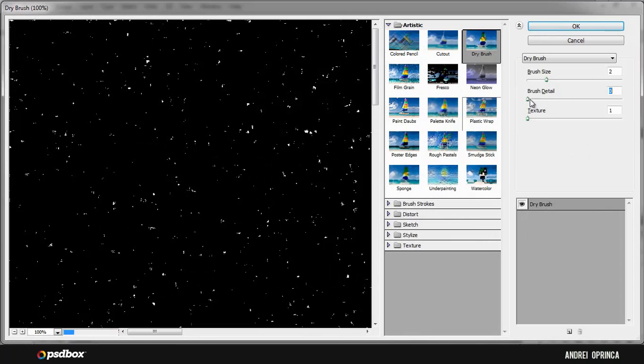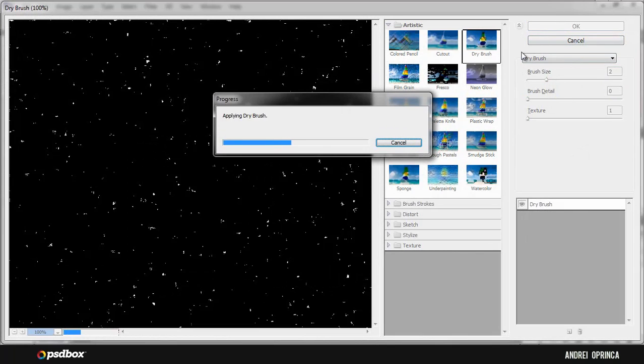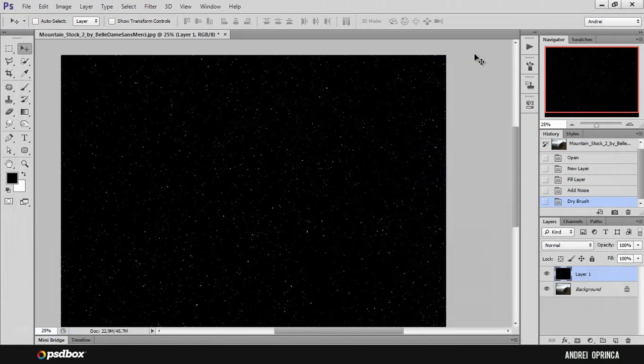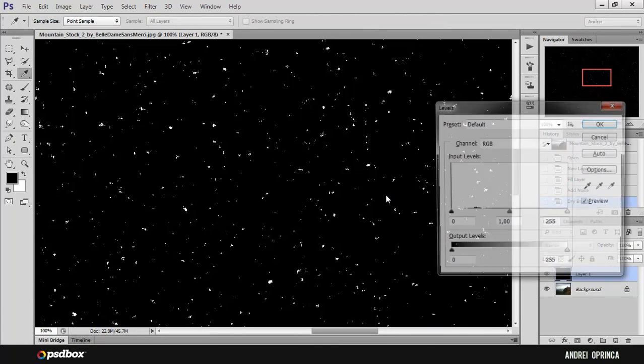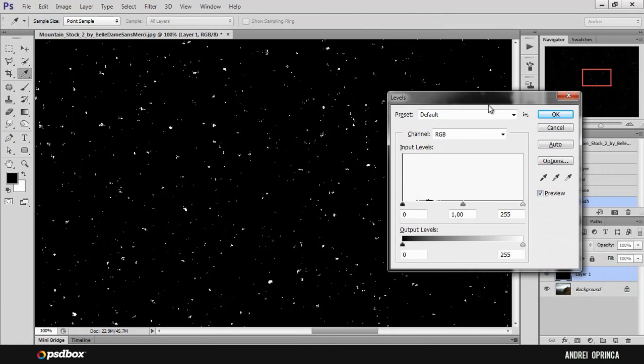And I'll leave the settings to 2, 0, and 1, click OK again. Wait for the filter to apply. Now I have my particles here. One trick you can do if you think you have too many particles is use the levels. So you can press Ctrl L to open the levels. Just increase the midtones. You can see that it takes away